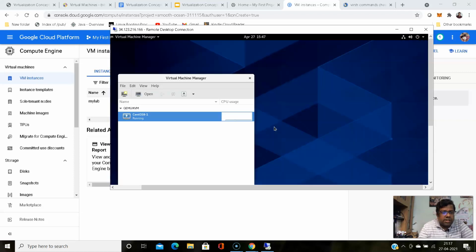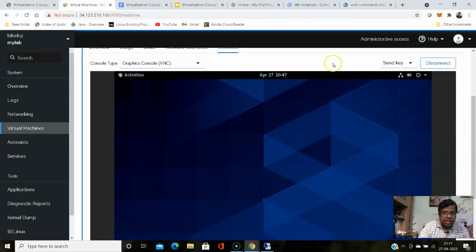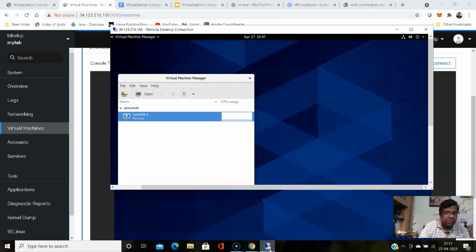In our next lab, part 2, I will show you how to configure this Linux instance from scratch, how to enable nested virtualization, and after that how to get this graphical user interface and how to access it using the Cockpit console. Everything I will discuss there, so that you can create a personal lab whenever you need. You can create an image and keep it with you.